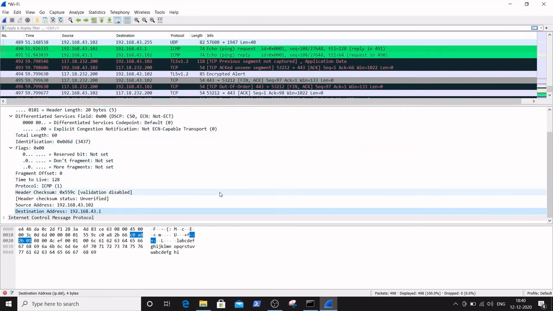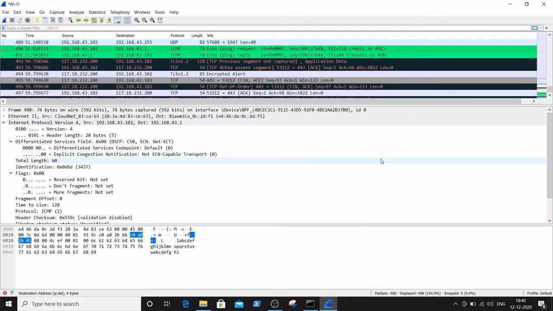So these are the basic header fields of the IP packet. We learned how to generate an IP packet and how to analyze the IP packet using a network analyzer tool, and we discussed the various fields that are present in the IP packet.